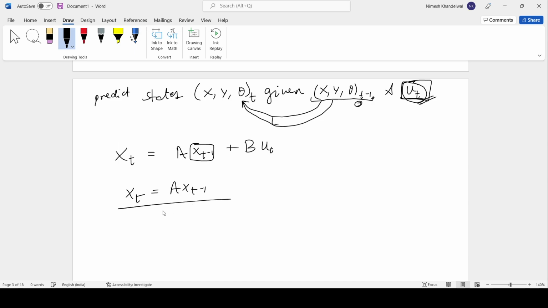If I say that x_{t-1} is known exactly, then the variance in x_t is 0, because I know exactly the A and I know exactly x_{t-1}. If I know both of these exactly, and this relationship is correct,